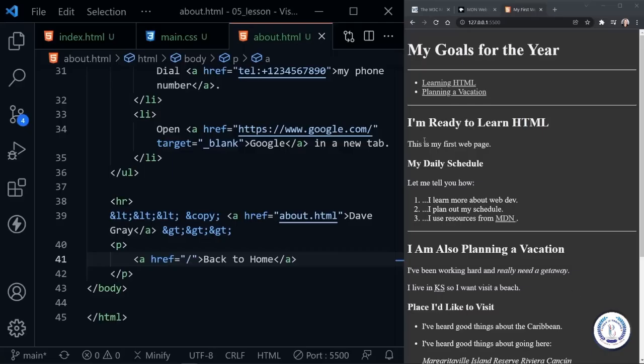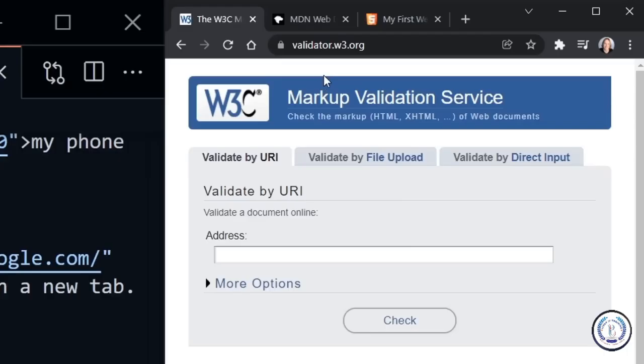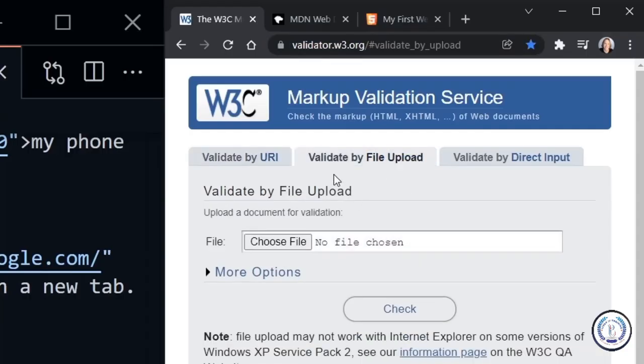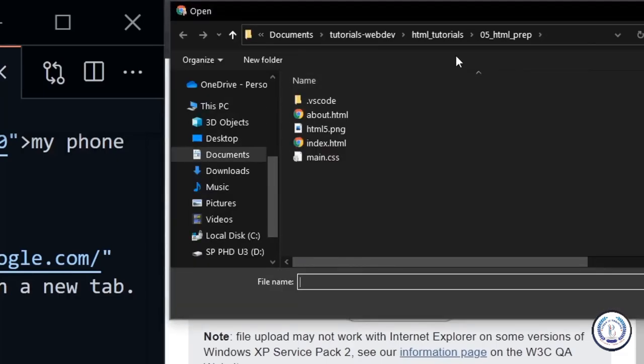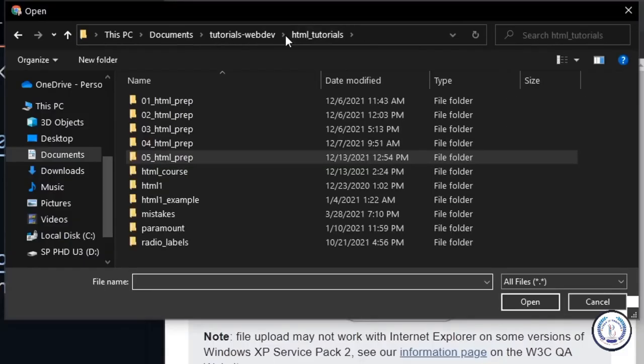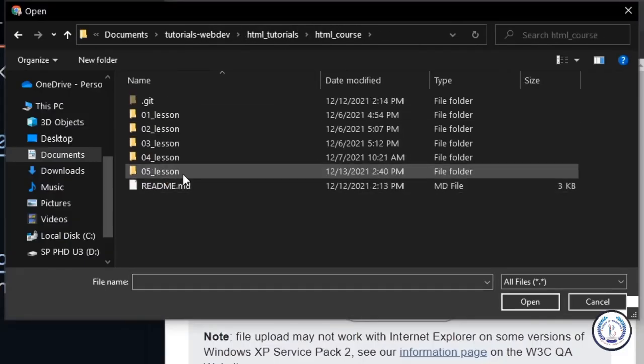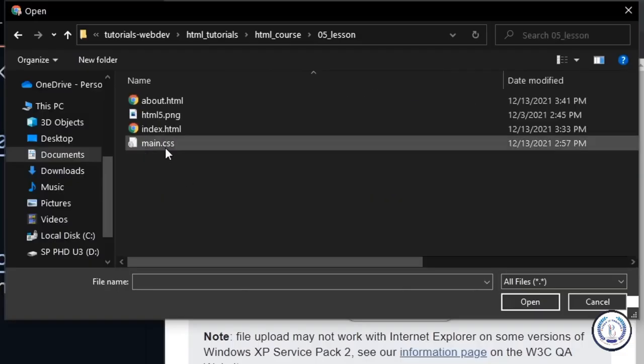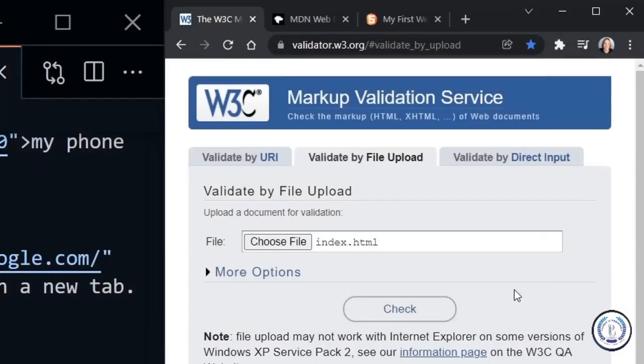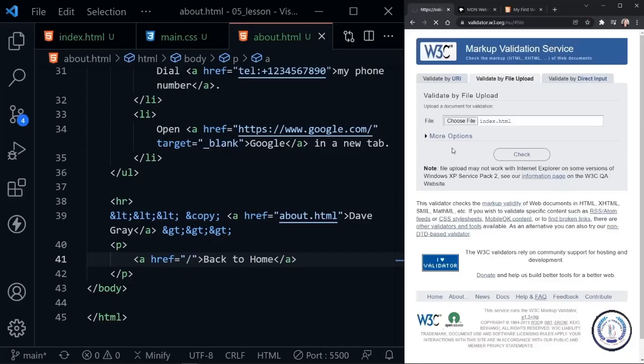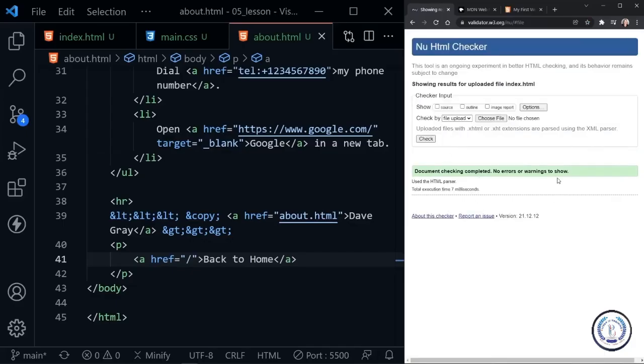Now that we've made all of these changes to our web page and we've actually added a second web page, let's go to validator.w3.org and validate, make sure that we don't have any errors in our index.html and our about.html. We're going to choose validate by file upload and choose file. And for me, I'm going to have to go into my HTML tutorials folder, click HTML course, and I'm in the 05 lesson here. So index.html, open the file and check, and document checking complete, no errors or warnings to